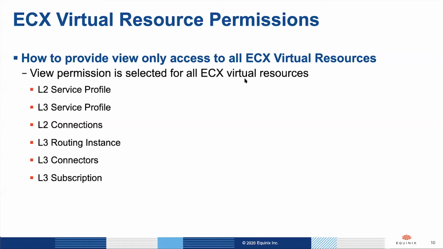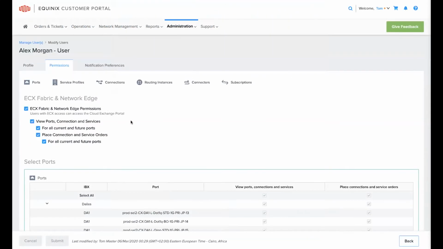These include Layer 2 service profiles, Layer 3 service profiles, Layer 2 connections, Layer 3 routing instances, Layer 3 connectors, and Layer 3 subscriptions. I'm going to log into the Equinix customer portal to show you how to provide these privileges to a user. I'm now logged into the Equinix customer portal, and this user, Alex Morgan, is an existing